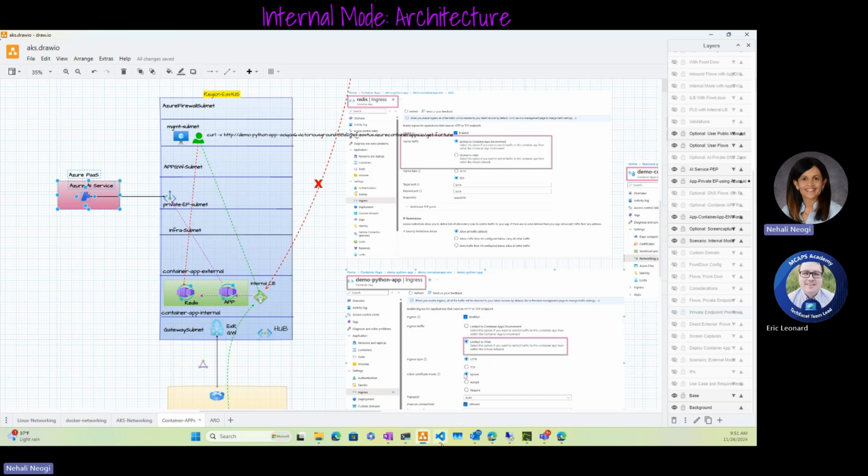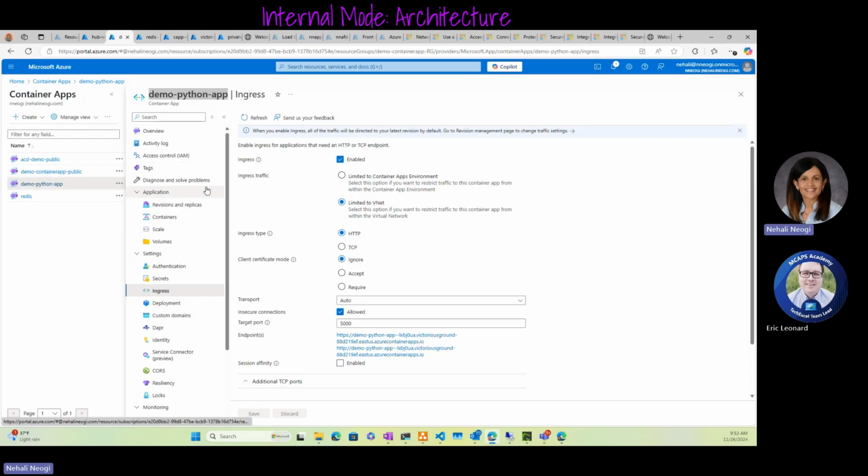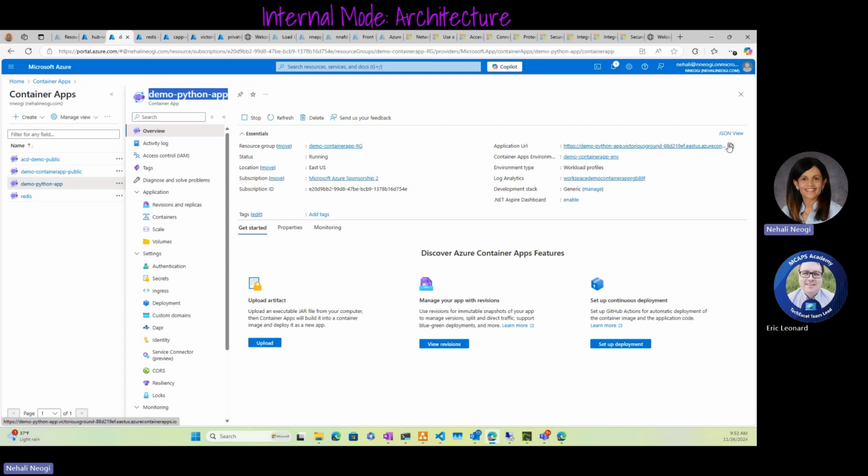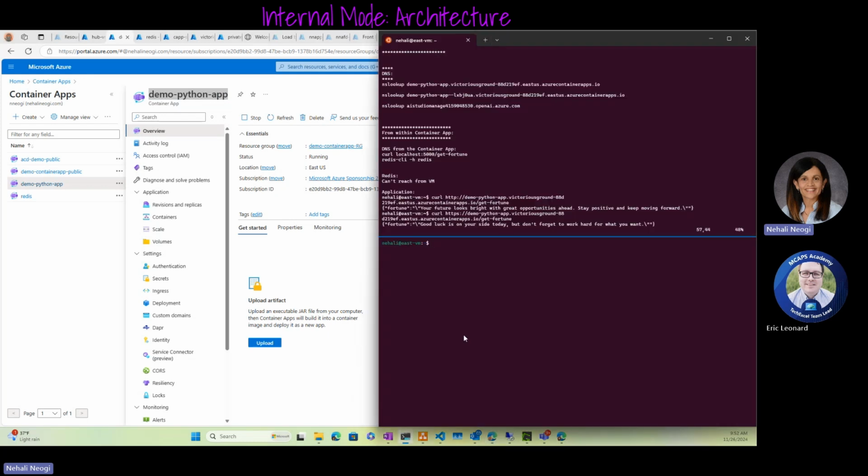So now let's do the final test over here. Let's do the validation with the curl command. I'll grab the URL from here, and this is the final validation. So we'll just do curl, hit this, and get a fortune. And that's how we are getting it